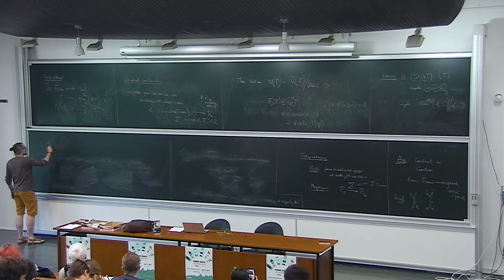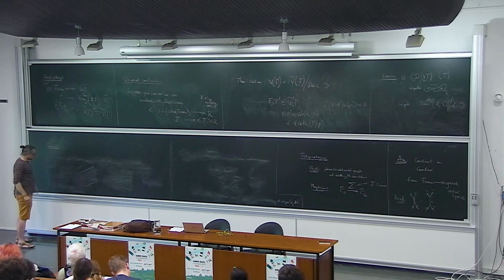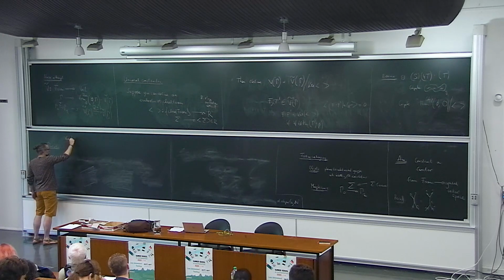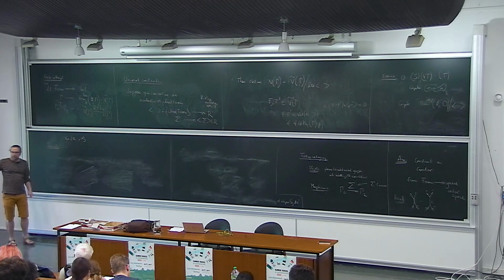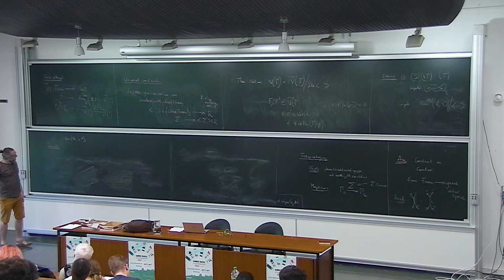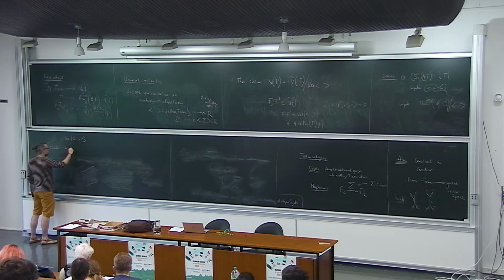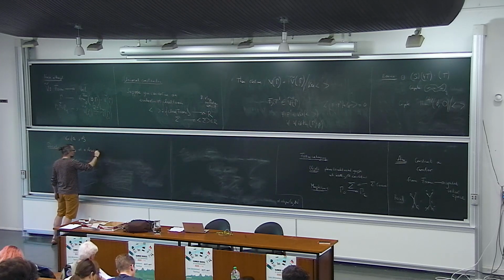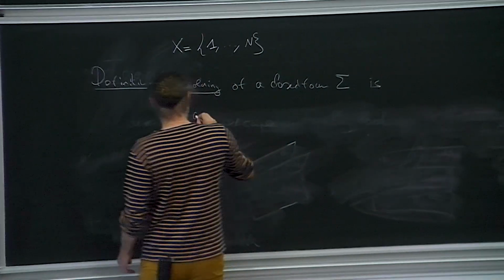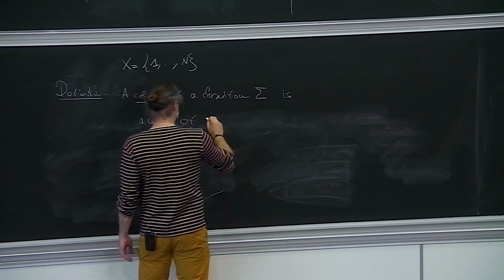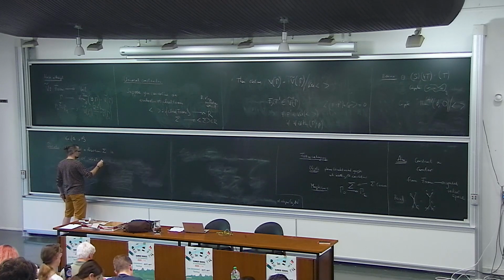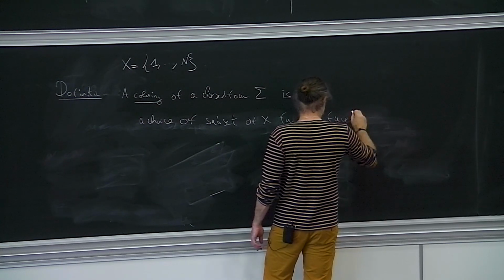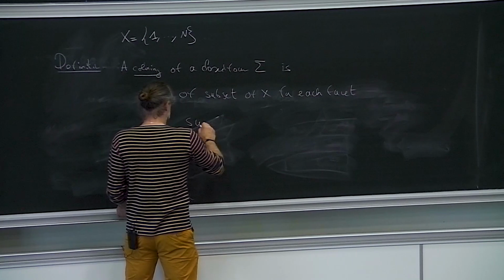So, okay, definition. Let's fix a set of integers from 1 to n. So that's my capital N in the first lecture. And define a coloring of a closed form. A coloring sigma is a choice of a subset of X for each facet, such that around the binding